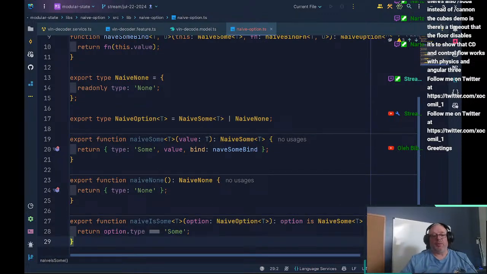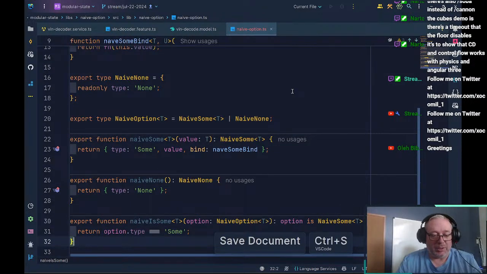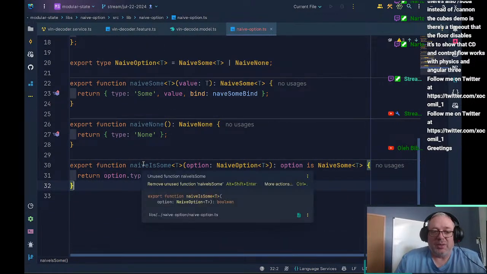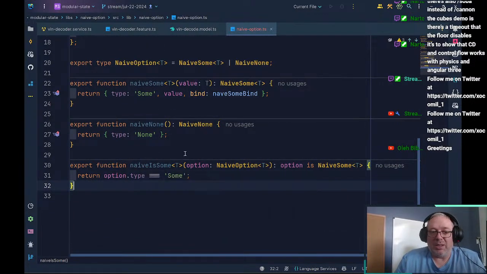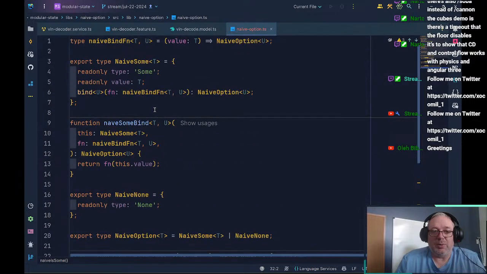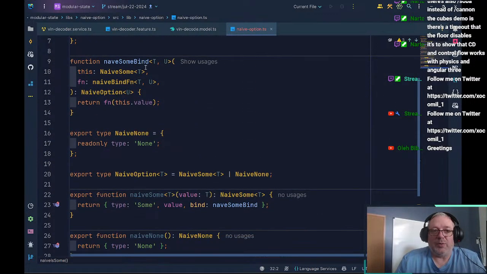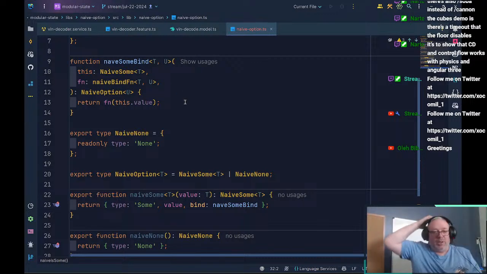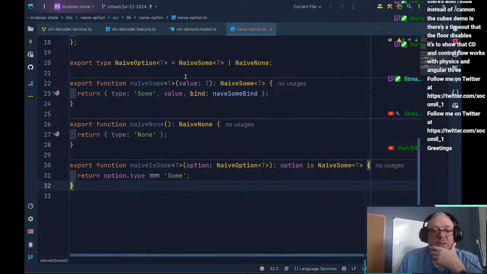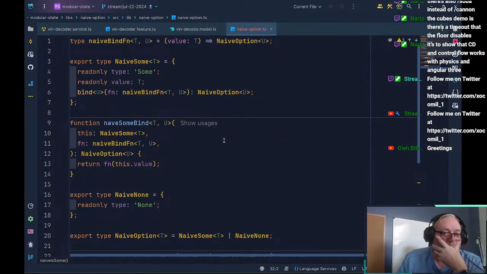I think we've got our monad here. Because we've got a way to check if we have some value. We've got our discriminated union, and we've got a function that will allow us to do mapping over our discriminated union. And if you guys have any questions about what we're doing here,